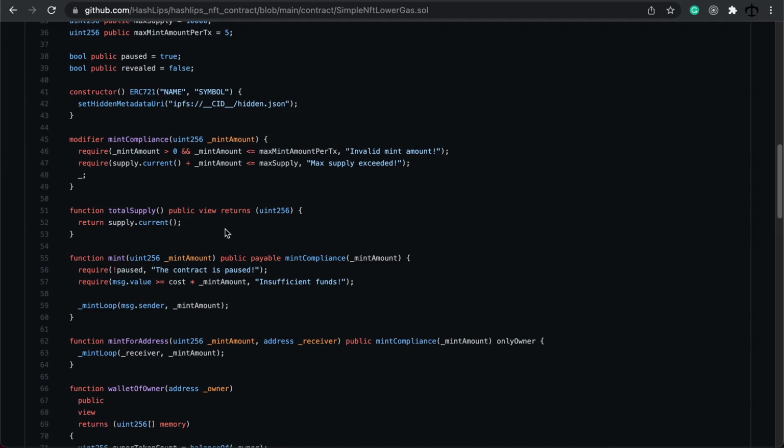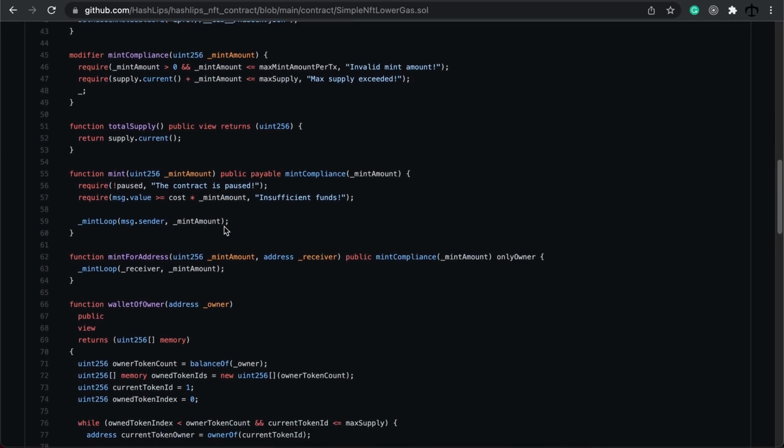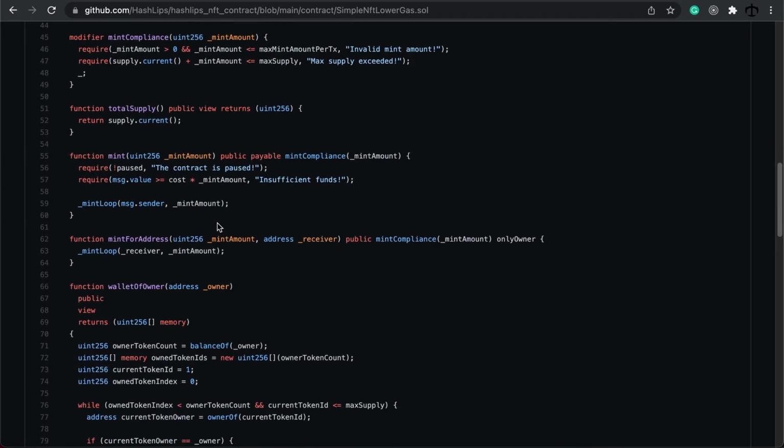we have minted. The two minting functions work quite differently, but the only difference is that the normal mint for customers, I would say, asks them to put in a mint amount. It checks that the contract is not paused, as well as requires them to have the amount or the sufficient funds for minting the amount of